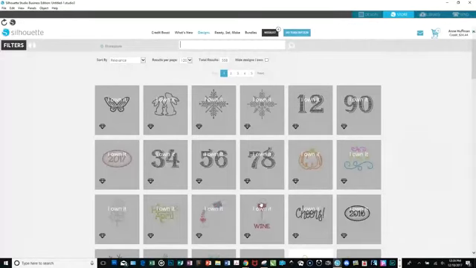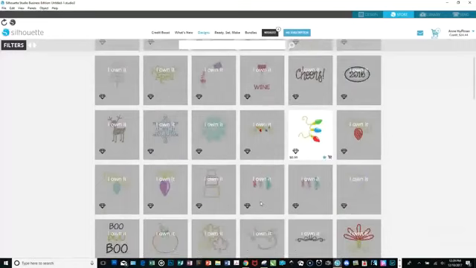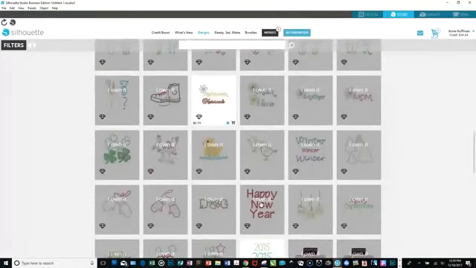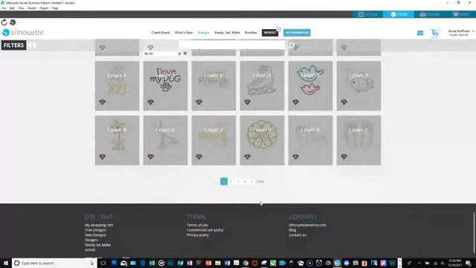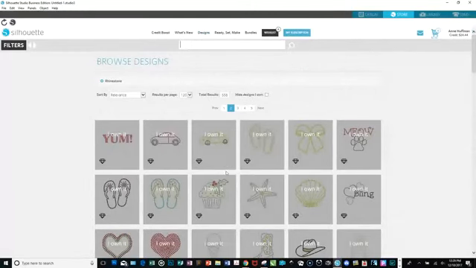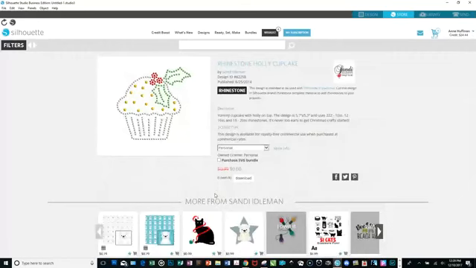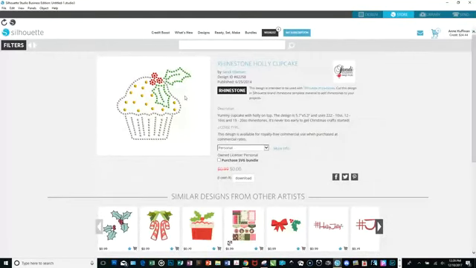But what I want to show you is once you find, let's see, I need something with a design. It might let me show what I have bought. So let's see. I'm going to click on this cupcake and see, will it? Yes, it does. So when you find what you want or you're interested in, double click it,